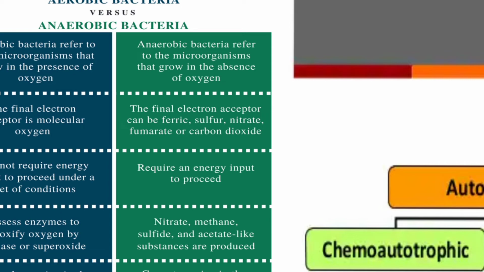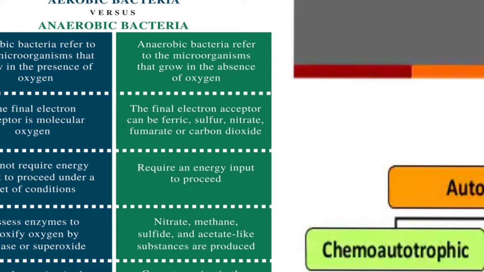Aerobic means that they can survive only in the presence of oxygen. That is aerobic respiration. This type of bacteria can use only oxygen for its survival, whereas anaerobic means they can live in an anaerobic environment, that is, they can live without oxygen. That is the anaerobe. In your book they have given the example of obligate aerobes. Obligate aerobes means they can live only with oxygen, otherwise they cannot survive.